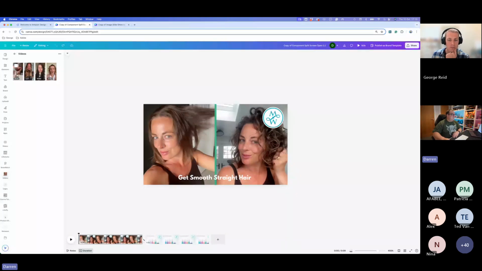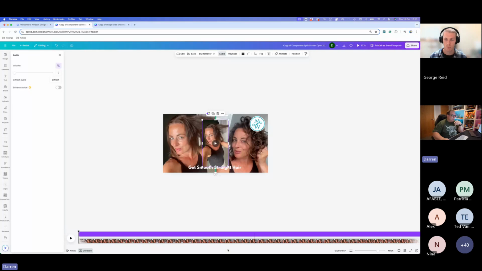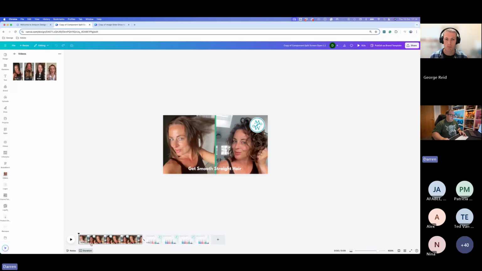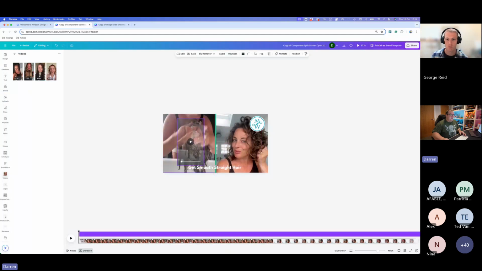Okay, so what we're going to do is pause that there because it's got some audio on it. If you do have video with audio, but you don't want the audio, you can click up to the audio, and you can either extract the audio, which will put it on a different line for you, or you can just mute. For this case, we're just going to click mute. Okay, and you'll see that where I've added this video, it's changed that frame to 53 seconds. So if I click undo, you'll see the actual clip we want is 4.5 seconds. If I click redo again, we're going to add this into the section here.